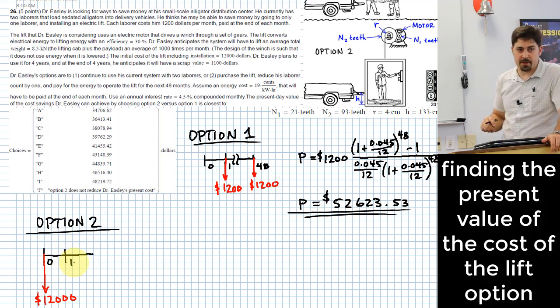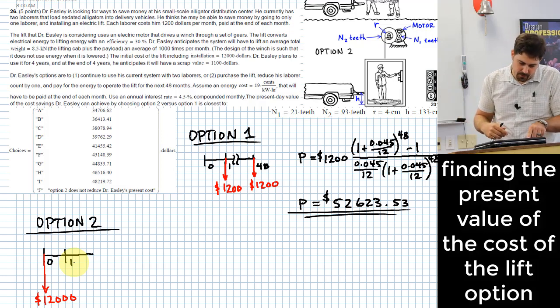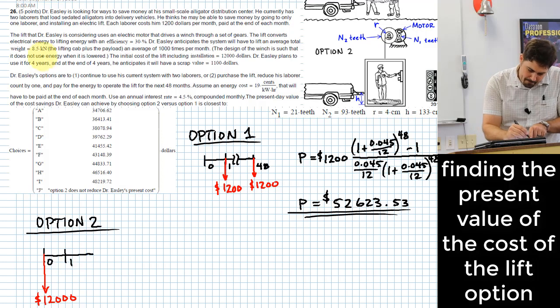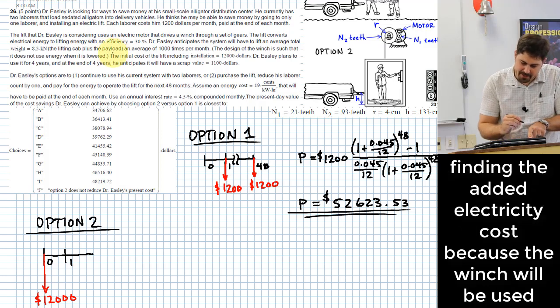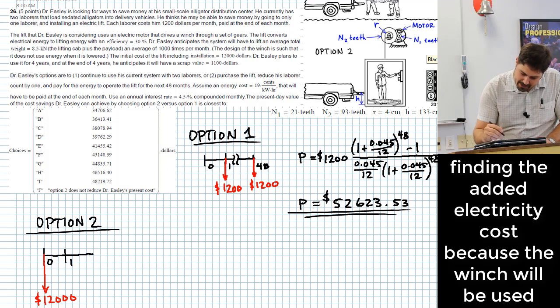We have to figure out what is this energy cost that he's got now, now that he's got this lift in there. Okay. So he has a weight of 8.5 kilonewtons. That's the lifting cab plus the payload, and has to lift that 1,000 times per month. So what's the energy cost per month? Okay. Well, it'll be 19 cents or I'll